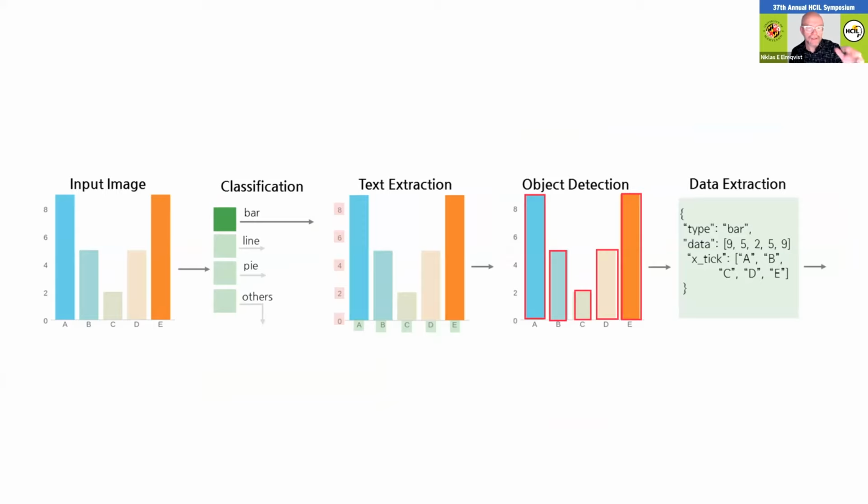In this case, it would first extract the labels on the vertical and horizontal axes to figure out the scales and the labels for the data. And then in the next stage, it would detect the objects, in this case, the actual bars, and then finally extract those bars by figuring out how big the bars are in comparison to the scale. So in the end, you end up with a table that represents the data, which is, of course, not ideal. In a perfect world, we would also find an alternative representation of that data that would make understanding the data efficient, but at least we have been able to